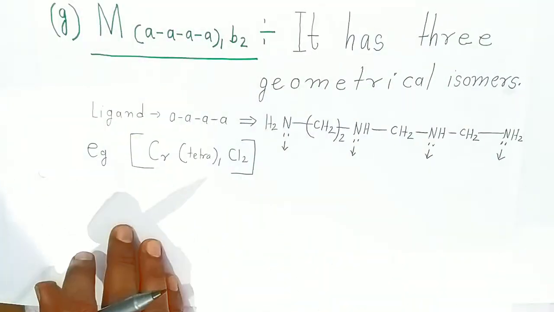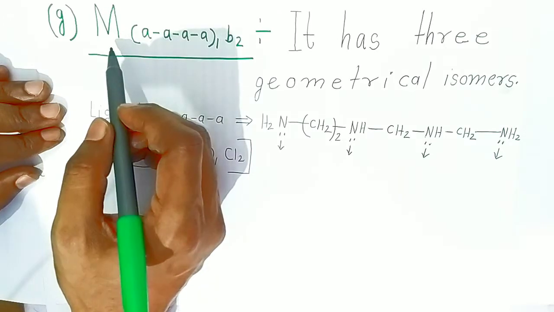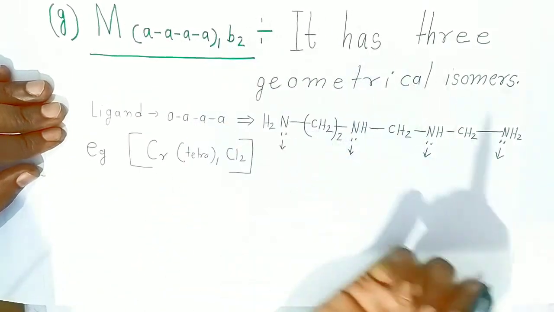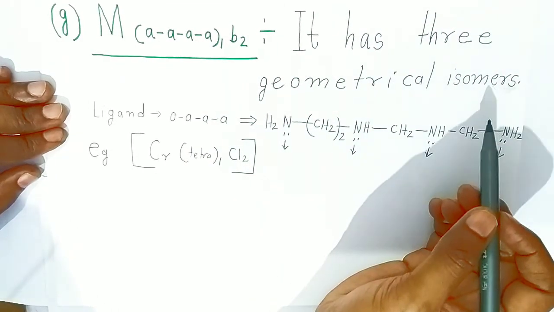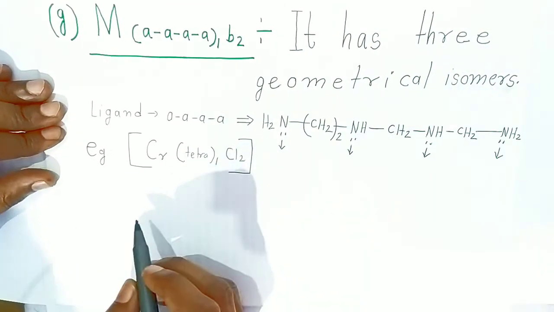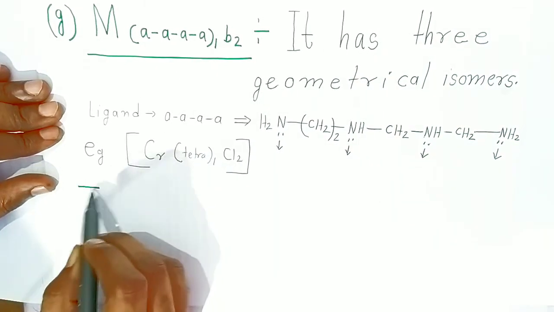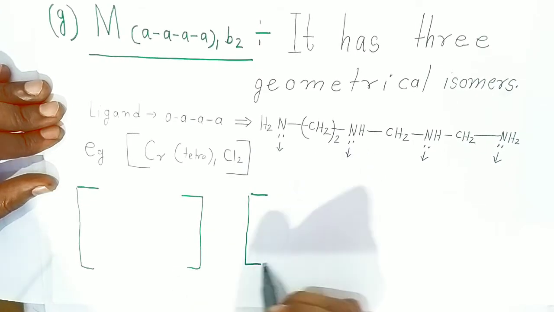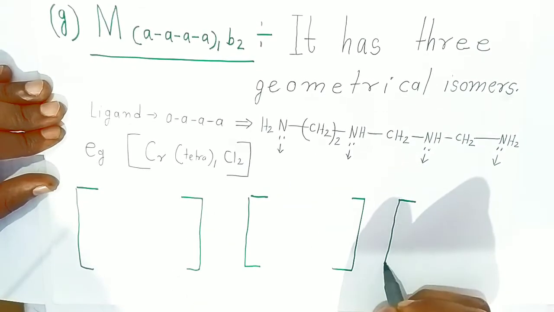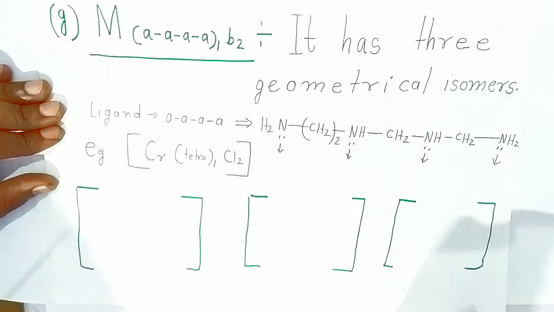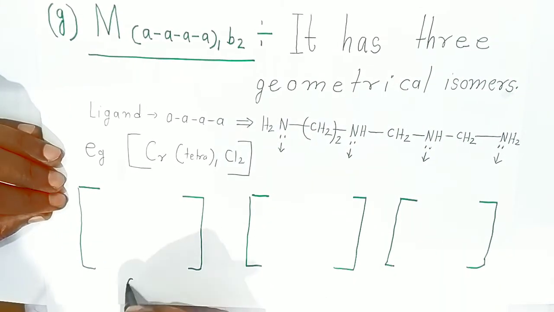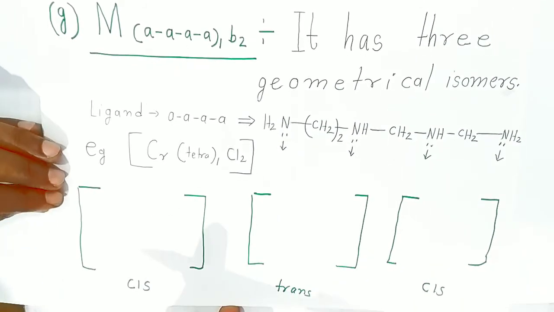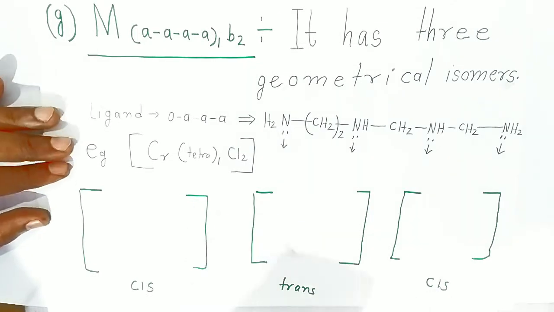Now we will see the last type of this complex students, metal, and there is a what? A types, that is tetradentate ligand, one which is added, and then bidentate ligand. Now students, here it has geometrical isomers. It has three types of geometrical isomers. How many types? It exists three types. So students, you write down the coordination entity first. Coordination sphere, it is also called, this is the symbol to represent the complex. Now all, okay students, now here two types of cis complex exist, and one type you will find is a trans. Okay students, you have to write two cis complexes and one trans isomer of this complex.